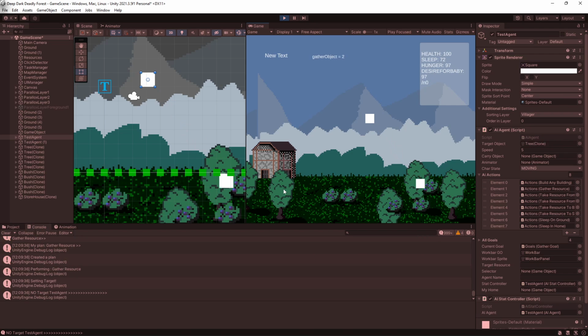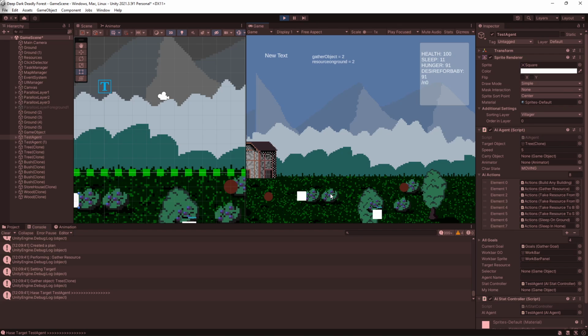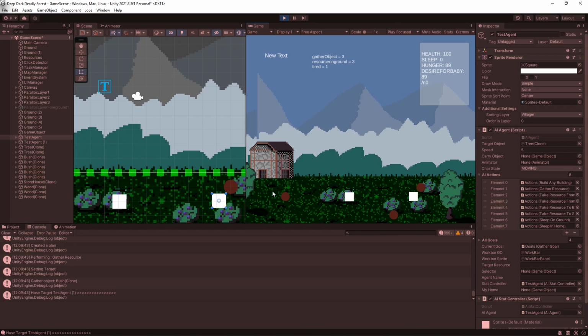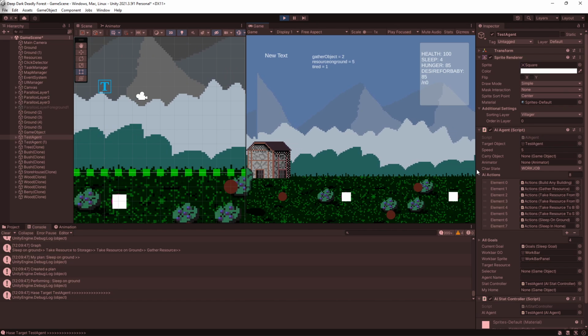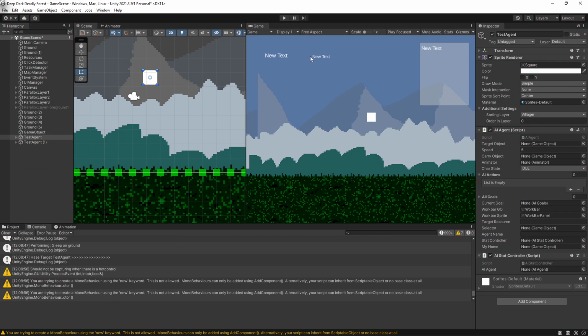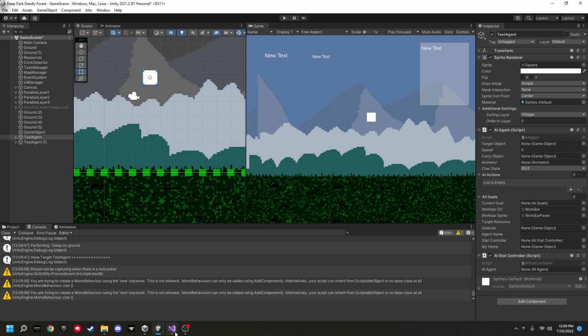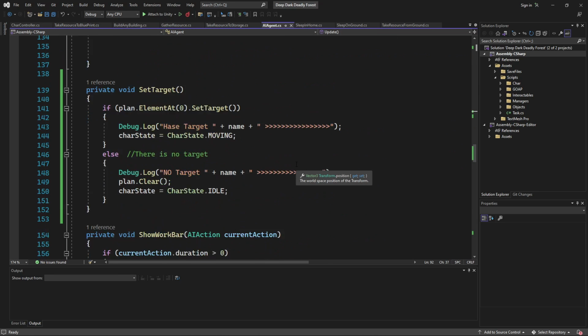Okay, no errors. Okay, he's going to go do that one. Okay, click, click. Okay, we got two AI agents going around gathering things, and they're falling asleep. All right, tired is one. That should not be in the world state. Shoot, where's that coming from? Is it coming from the AI agent?